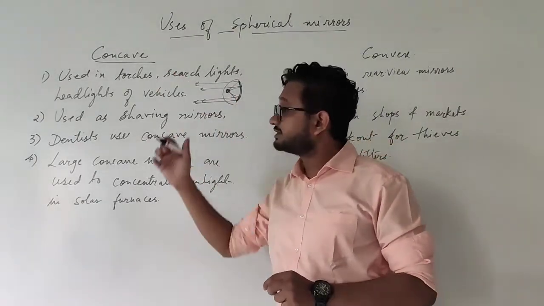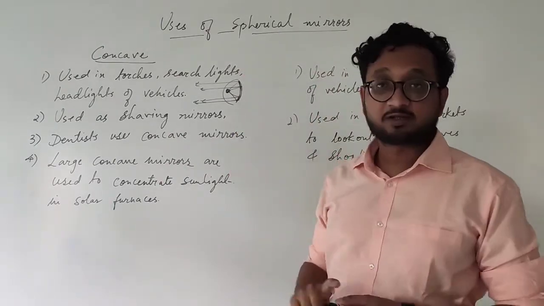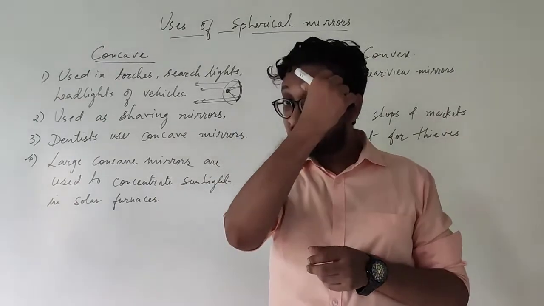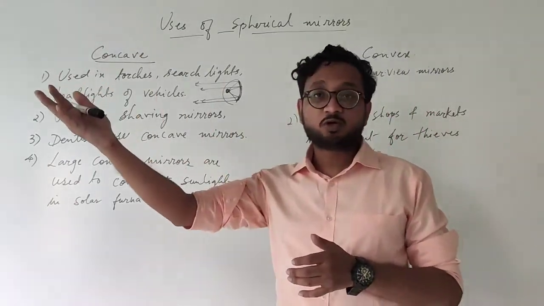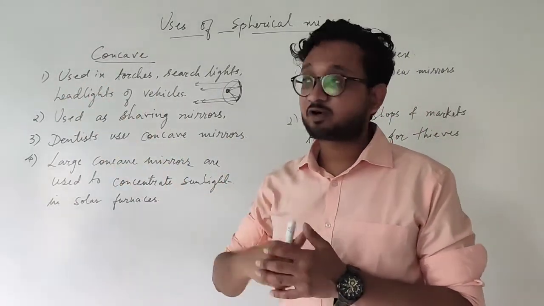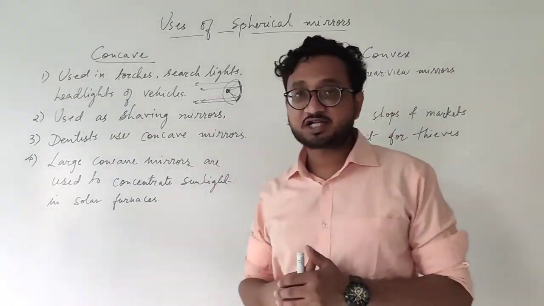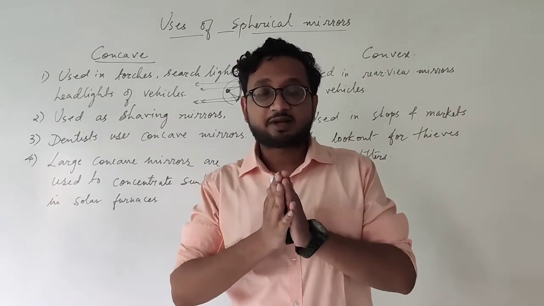And that is why concave mirrors are used behind the bulbs and the flashlights, in which they create a powerful parallel beam of light to look at the view in front of them for a far distance. Okay. The second one is used as shaving mirrors,